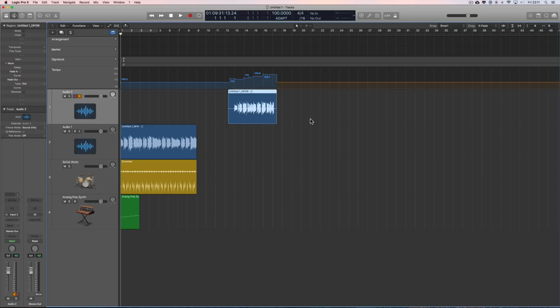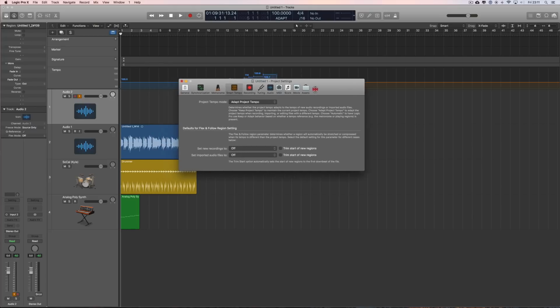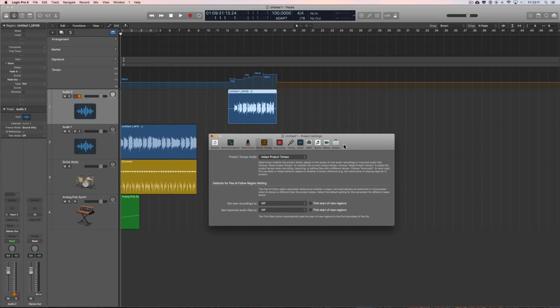Now, there's one last thing. You can go here to Smart Tempo Project Settings. Again, this is a bit of a waste of time. What's the point of this? I mean, why? What possible usefulness is there for me to go here and go, oh yeah, I think I'll set the default Smart Tempo settings for my project I'm about to work on to keep or to adapt? Why? Or even the completely useless auto. What is the point of that